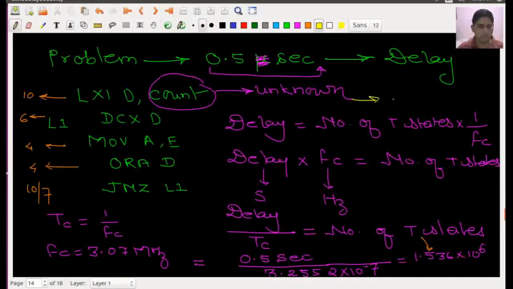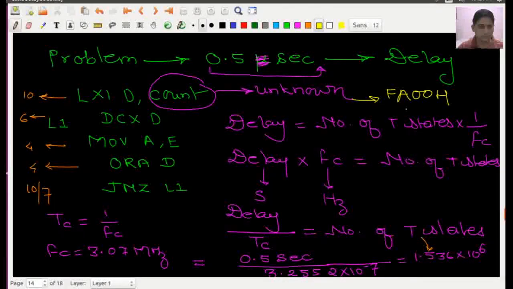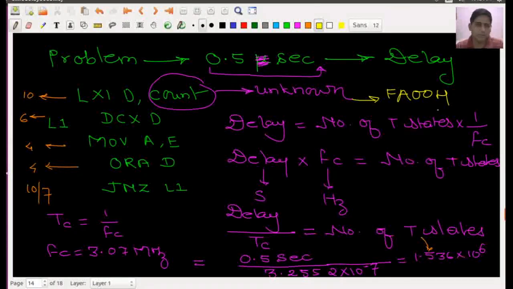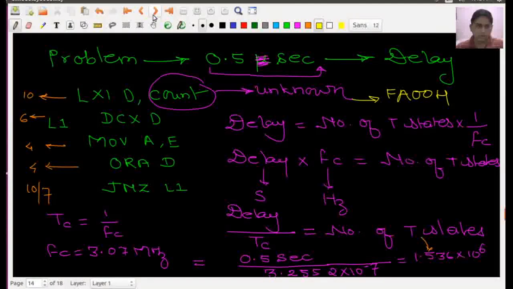If I am putting the value as FA00H, this loop, or we can say this subroutine, will give me a delay of approximately 0.5 second. So if some problem is given that you have to calculate a delay of some seconds, you can adopt this method. Then you have to load your final count into the final program, and your program will run for the desired delay. Thank you so much.